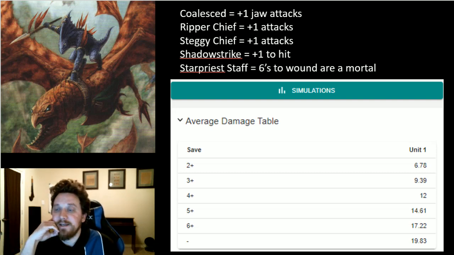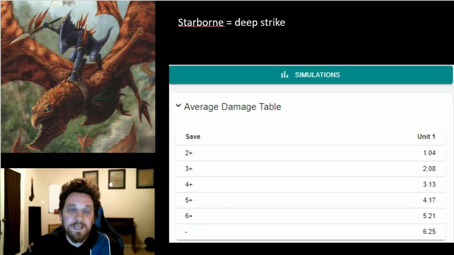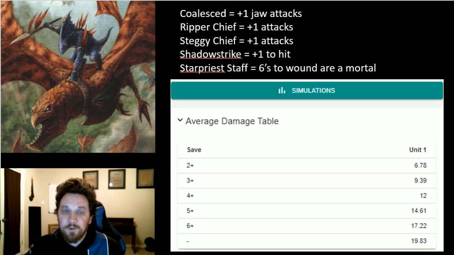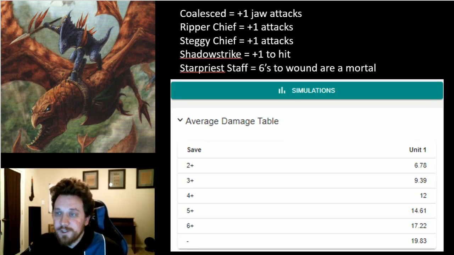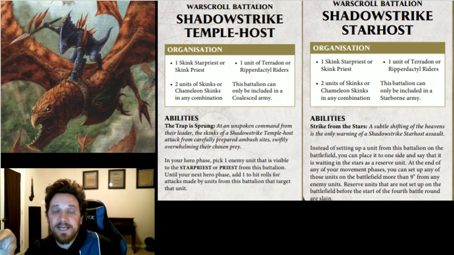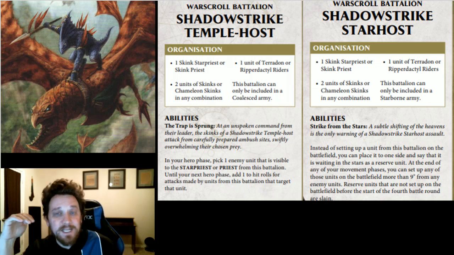If you are doing Starborne and you deep strike, you're not going to be able to get any of those buffs in if you deep strike out of range of those bubbles, and you're going to be back down to 3 damage. So I think Coalesced is the option for Ripperdactyls. You are going to struggle a little bit because you don't have teleports, you don't have the deep strike of SHADOWSTRIKE in Coalesced in that battalion, and so you're going to have to worry a lot more about how you set these guys up. They're not going to be an alpha striking unit turn 1 because they only have a